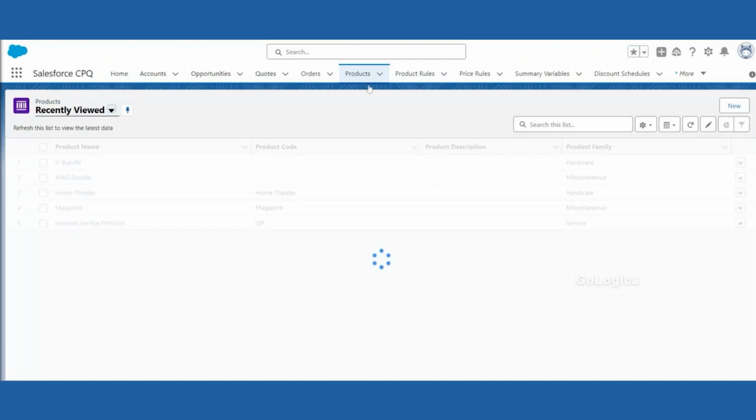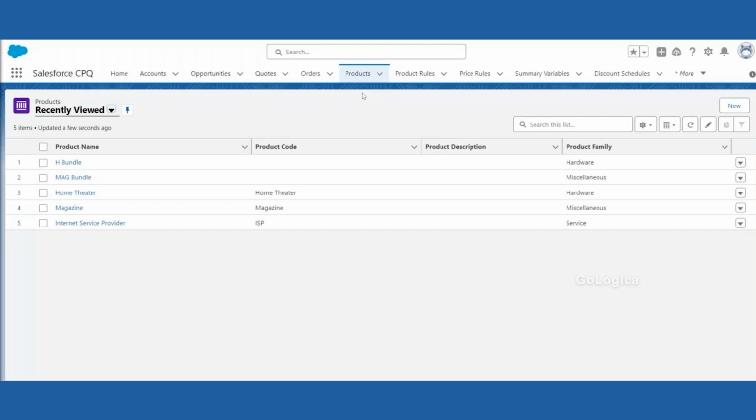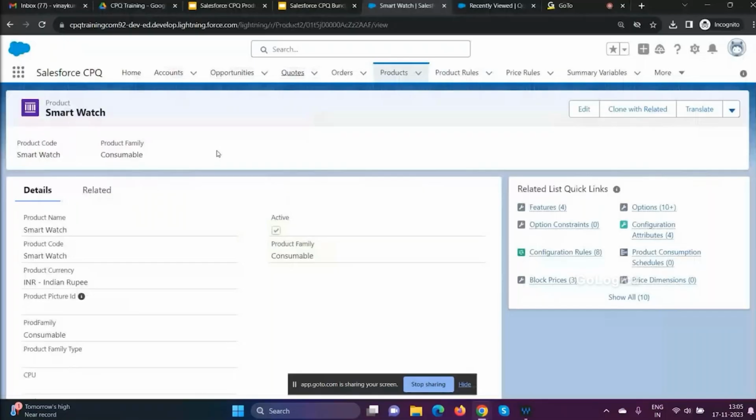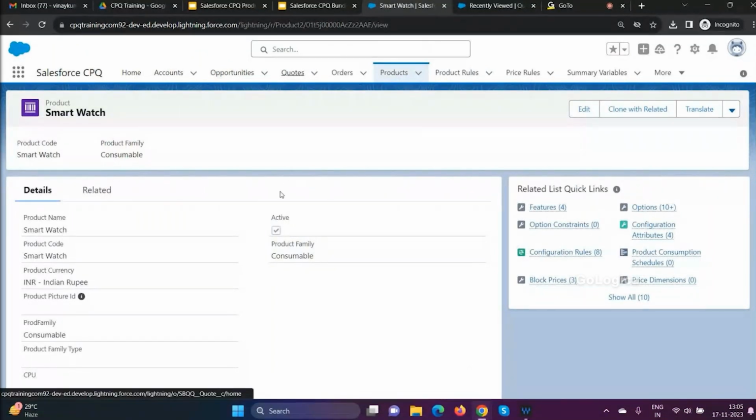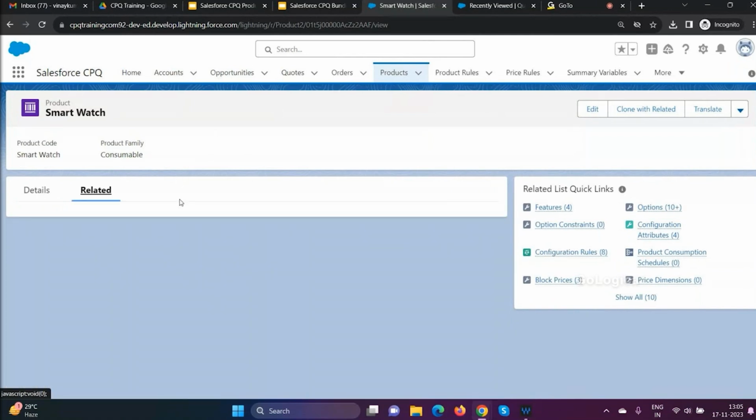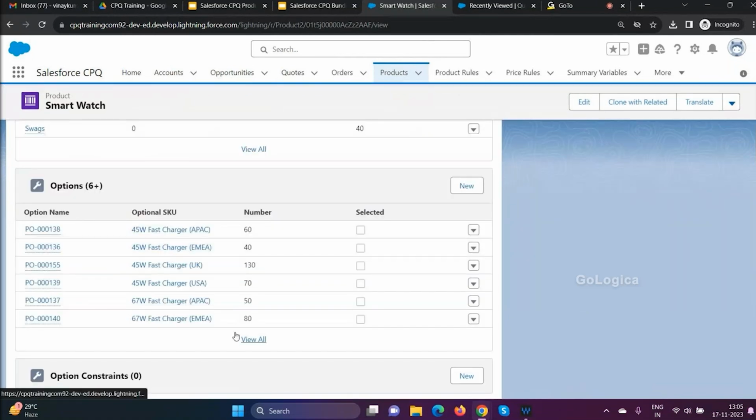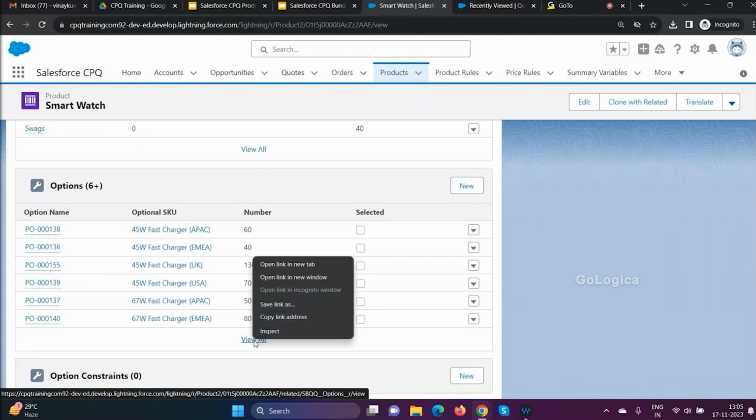So let me show it to you. Just a second. You are able to see my screen, right? I have a product which is a smartwatch. I don't need to create another product which says smartwatch bundle. What I will be doing over here is creating options. If you go and see the options which I have,